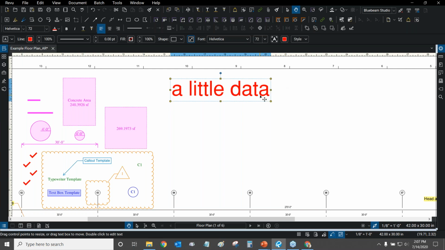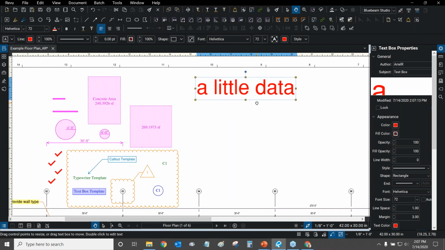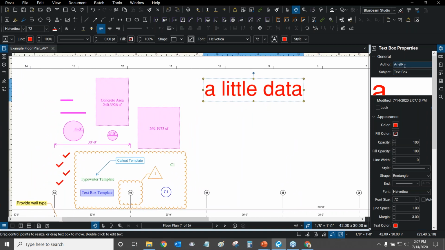Let's look at some properties for this text box. We can access them by going to the gear wheel on the upper right side right here. So the properties will tell us a lot of information about our text box, and this information is very important, especially for quantity takeoffs. So we have our author and our subject. By default, this text box subject is just simply text box. This is how it is for most text boxes, but it's very important to set your subject to a certain discipline or to a certain category so that it can be categorized in our markups list. We'll go into that a little bit later. Just keep that in mind as we continue.